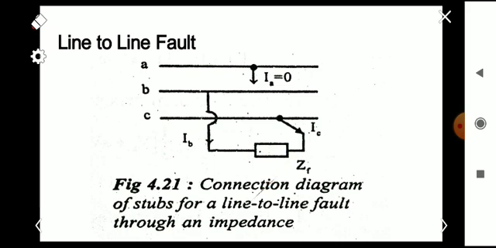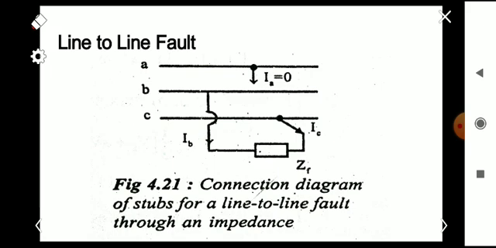We know that the representation can be done using 3 steps on each phase, and in phases B and C these steps are shorted through an impedance ZF. And from the figure